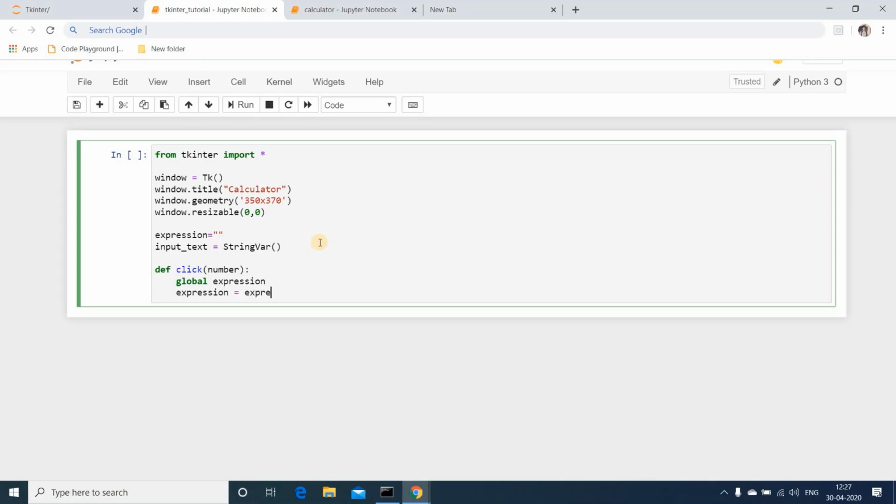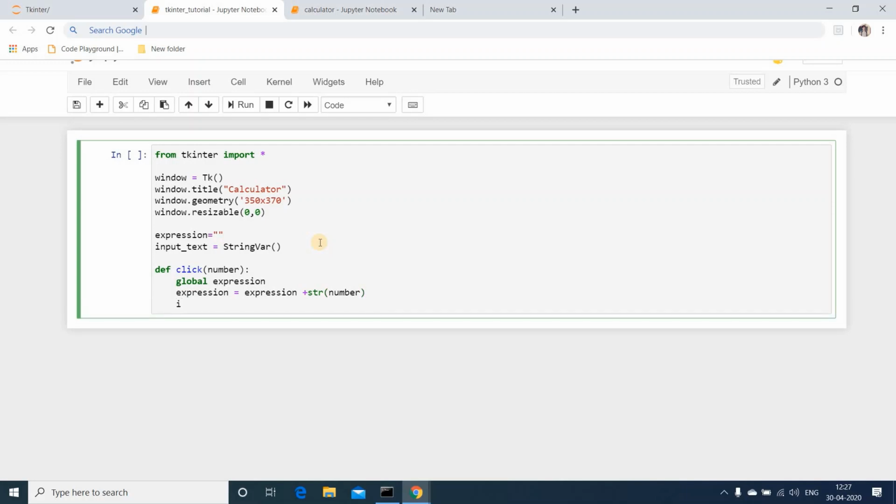Expression equals expression plus str of number. I'll append this into input text, input text dot set expression. Whenever a user clicks on any number, this function will be called and the expression value will be updated and appended to the input text variable.